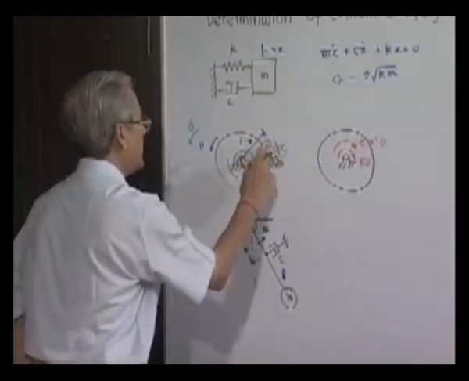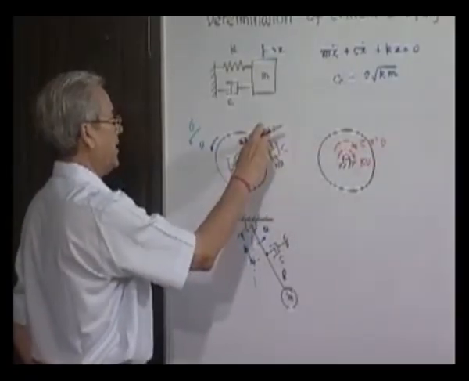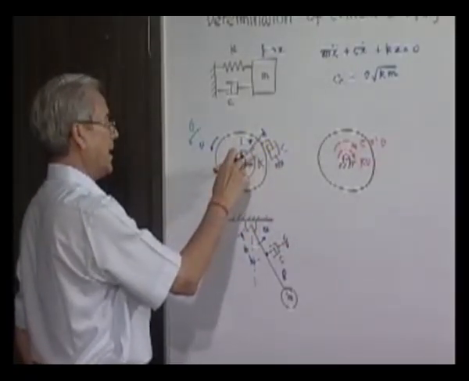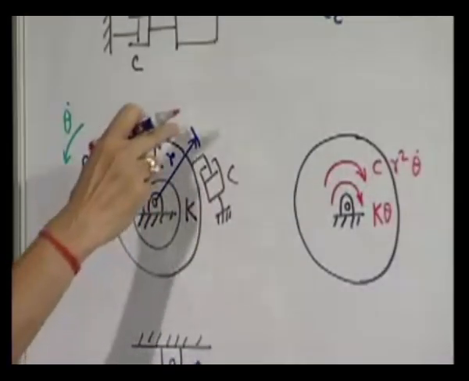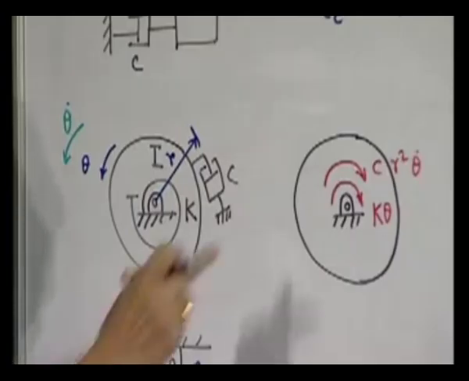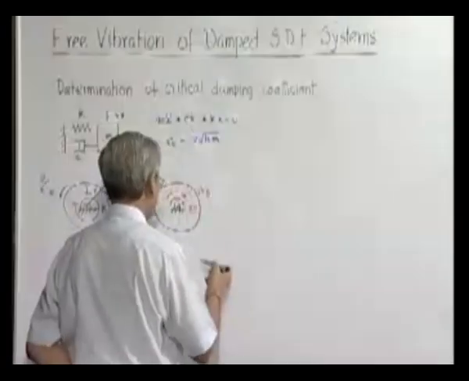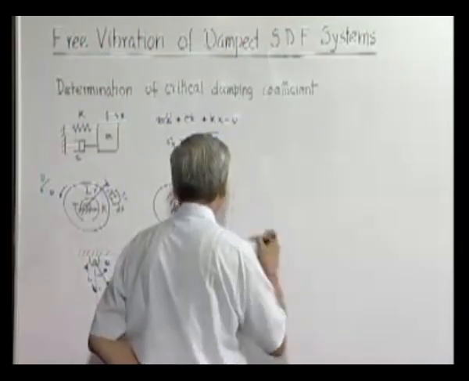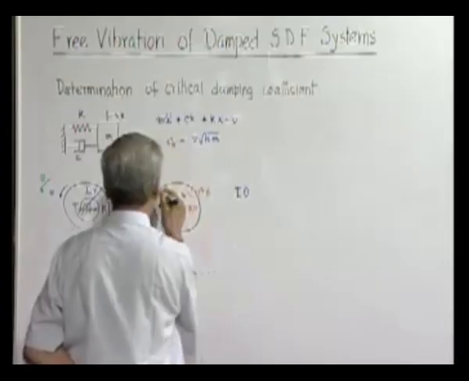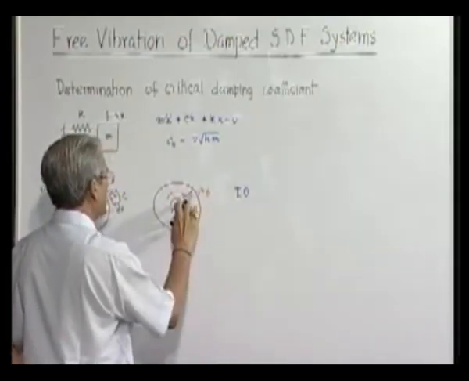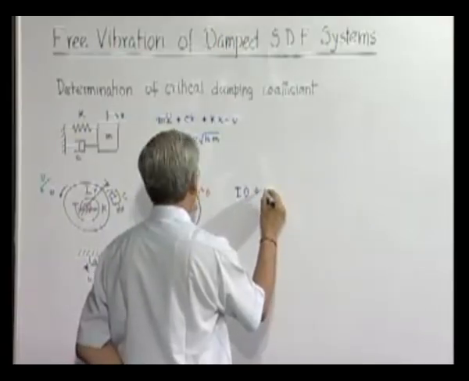That means the force generated is, velocity here, that is r into theta dot into C, and the torque or moment of that force, because you are writing only a moment equation, will be multiplied by this arm, and that is again r, which therefore makes it this. So, the equation of motion we get is I theta double dot in this direction is equal to minus this plus or minus this. That means, if you bring to one side,